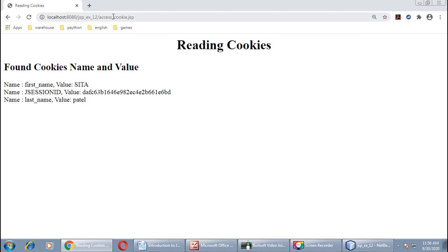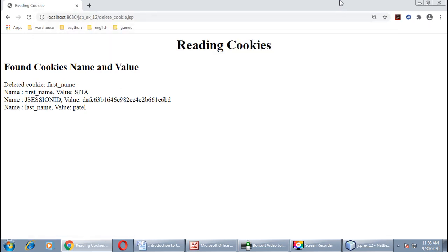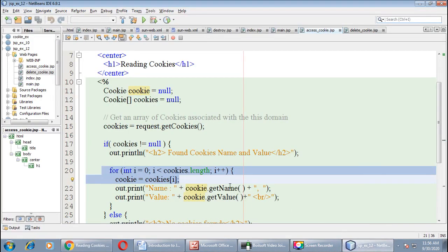Now delete cookie. Here you can see the deleted cookie is first name, right? With the help of this method,